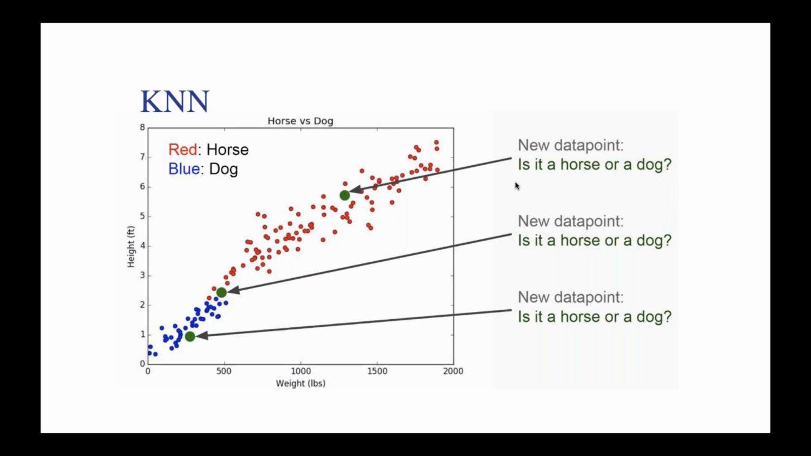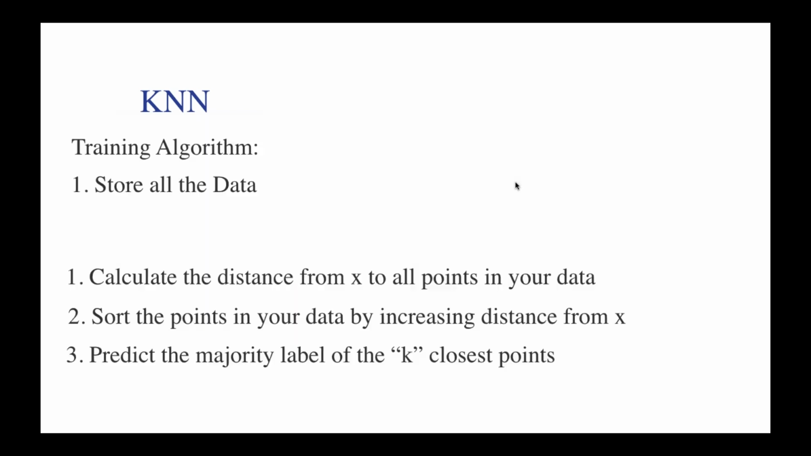Now how to do that? How can we say whether the green colored dot is a horse or a dog? So this is the algorithm behind KNN. The first step is training the algorithm, and the second step is predicting the result. In training the algorithm, we store all the data, and in prediction, what we do is